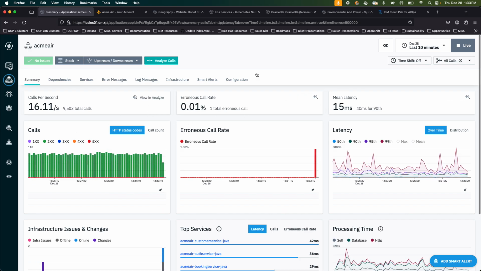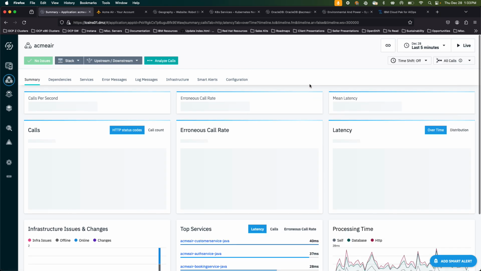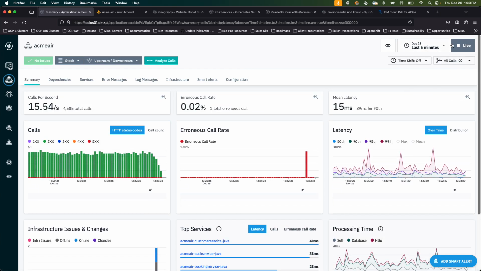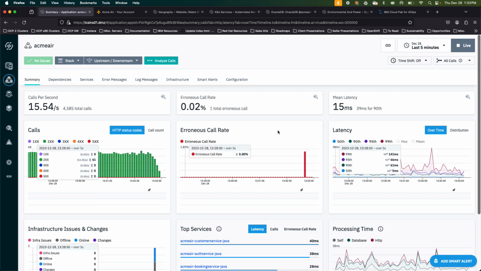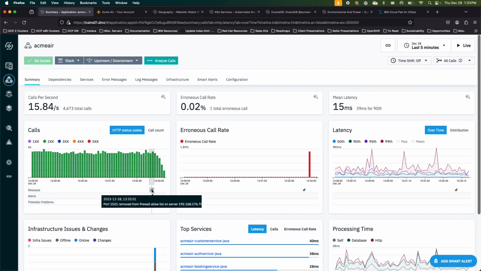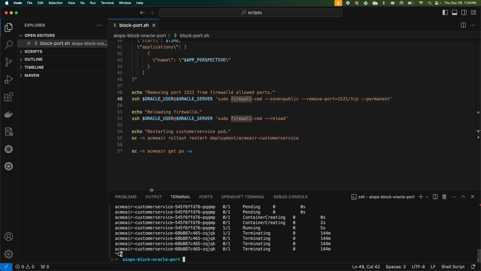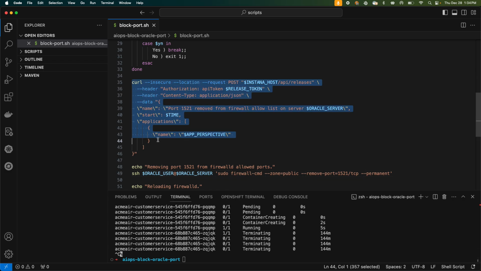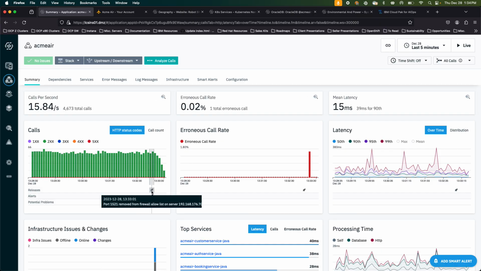in Instana. So let's zoom in maybe to the last 5 minutes, go back to our live environment here. And so the first thing I want to show you is this little release indicator with the text that says port 1521 removed from firewall allow list on that server, which is where Oracle is running. So this release indicator is coming from this REST API call that I ran as part of my script. So this is essentially an indicator that I made a change to my application, I made a change to my